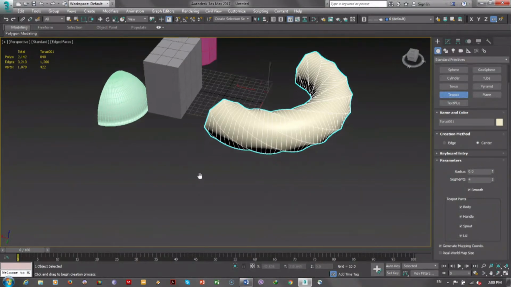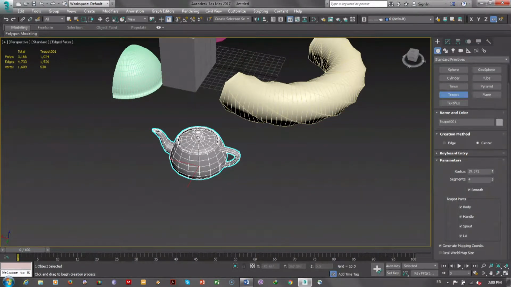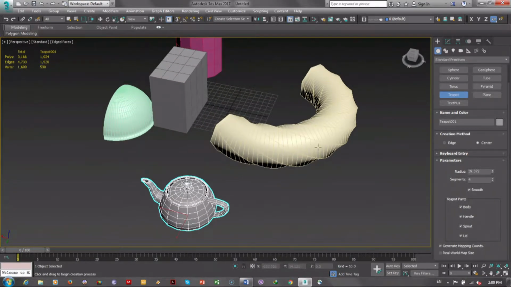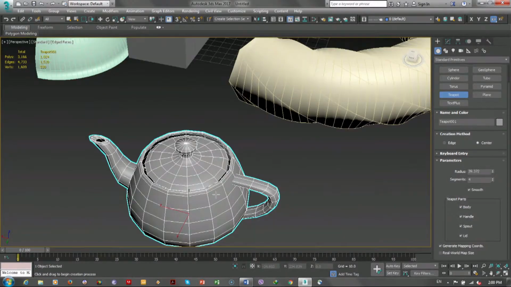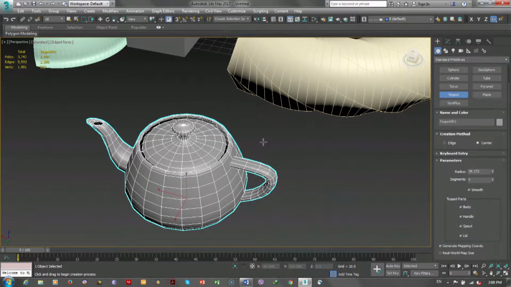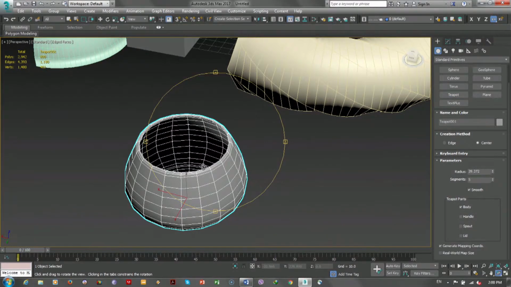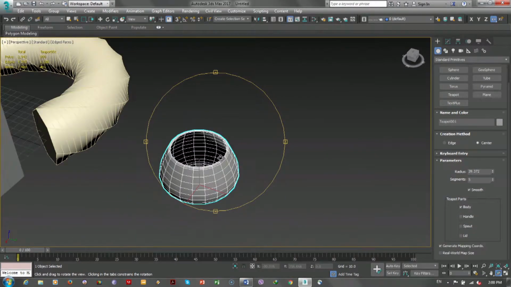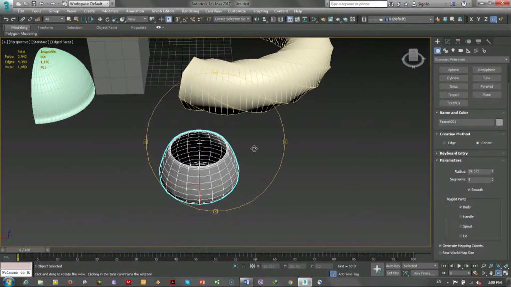And then the next one is the teapot. The reason that 3D Studio Max or Autodesk included the teapot in the primitives is that it's very important to use it for textures, because it's a complicated mesh. It's not like the torus or box. Those are very simple, but this is more complicated when you want to add texture on it. So again, you can actually benefit from this by hiding some of the parts, and then you just use the body, for example, as a pot or something. You can use it in different